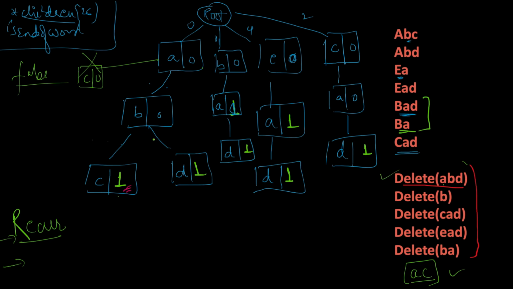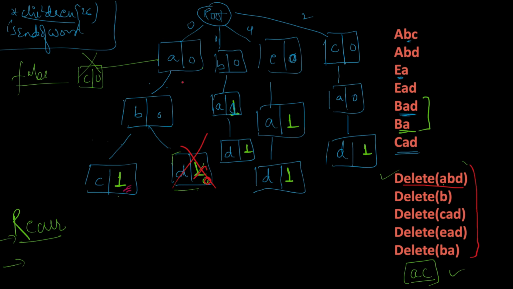So we'll traverse down, that is the first condition, recur down the path. We'll reach D, and there are two things that we check here: whether we are at the bottommost node, or whether we have reached the level of the string length. Then the first thing we'll do is mark that end of the word as 0, and then for the bottommost node we check that if there are no non-null children, then we will delete this node.